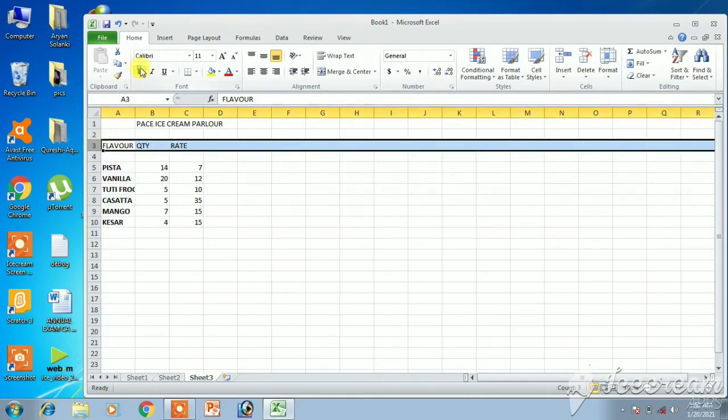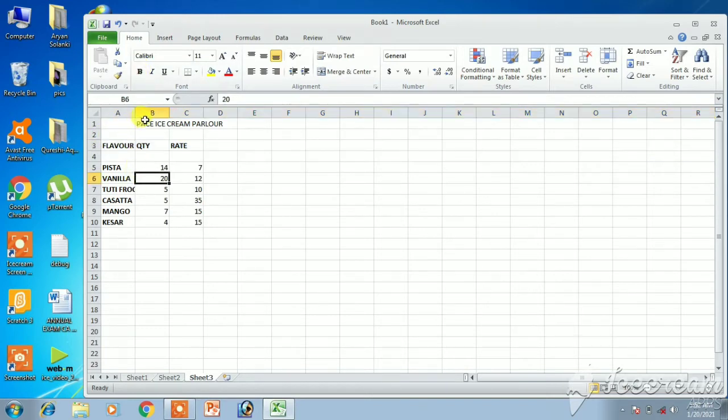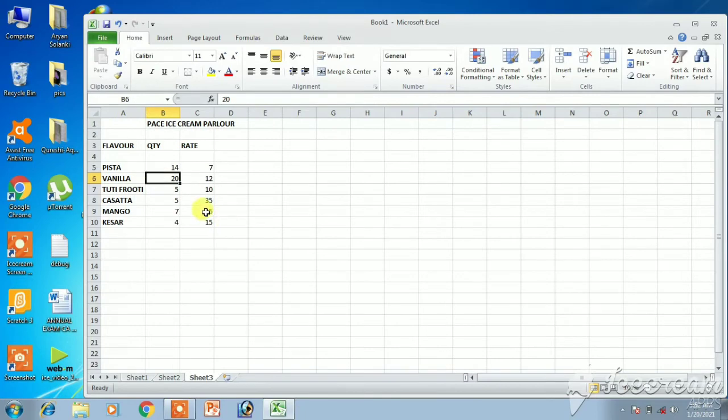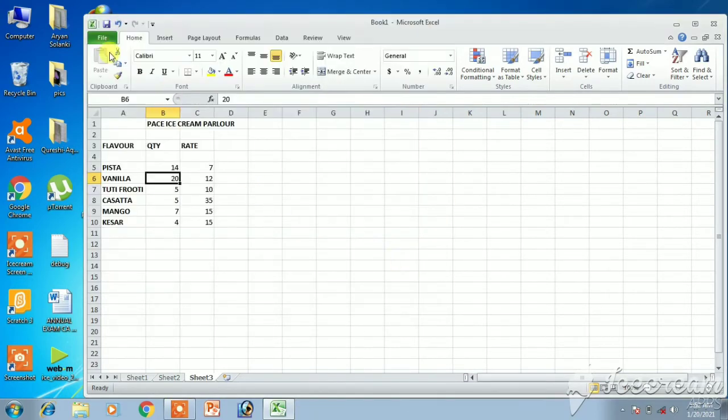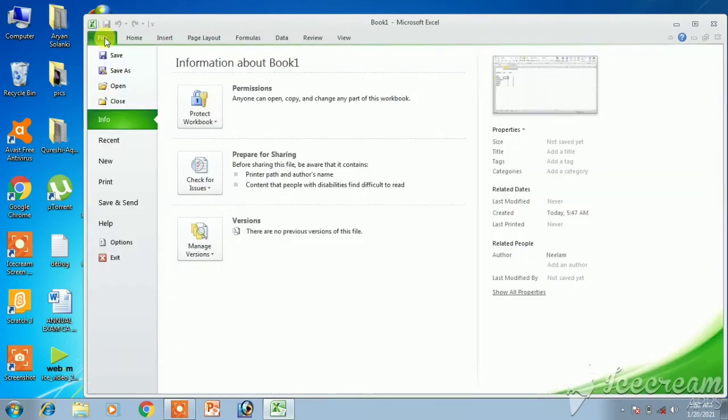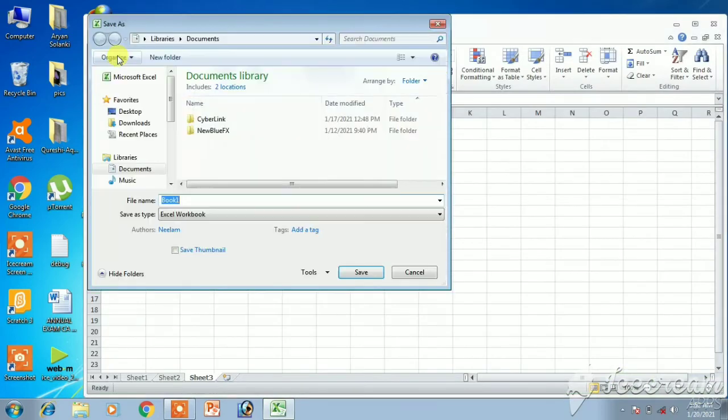Right now I'm formatting the document. Okay, so this is done. Save it. Now how to save? Click on the Save button. Here you can see there is Save. You have to click on the File tab and then click on the Save icon. I am saving the document. Simply I am writing bill.